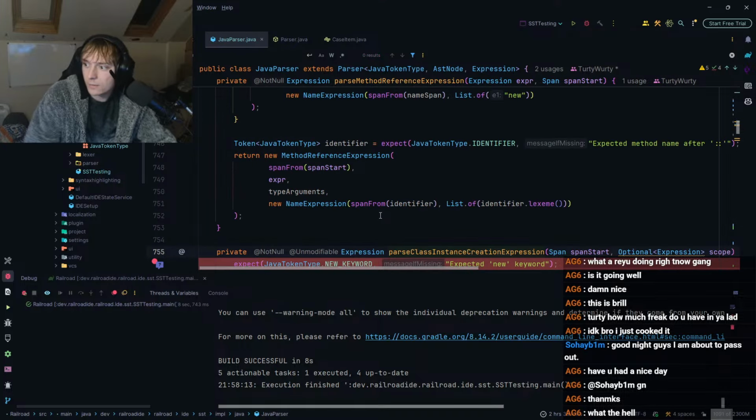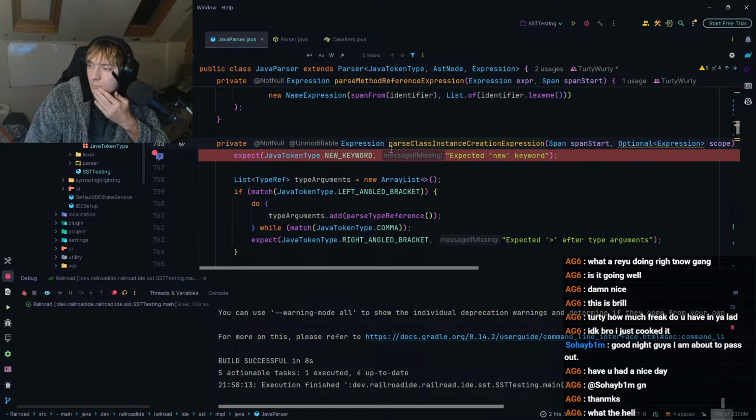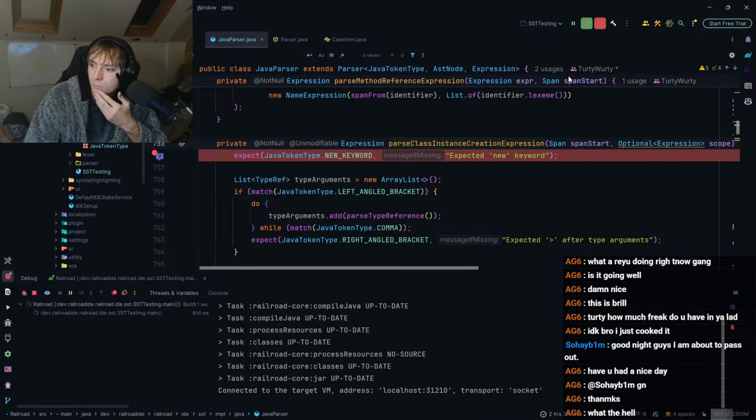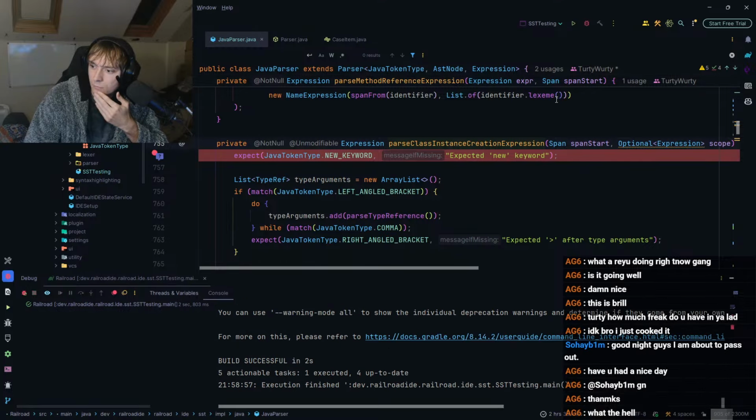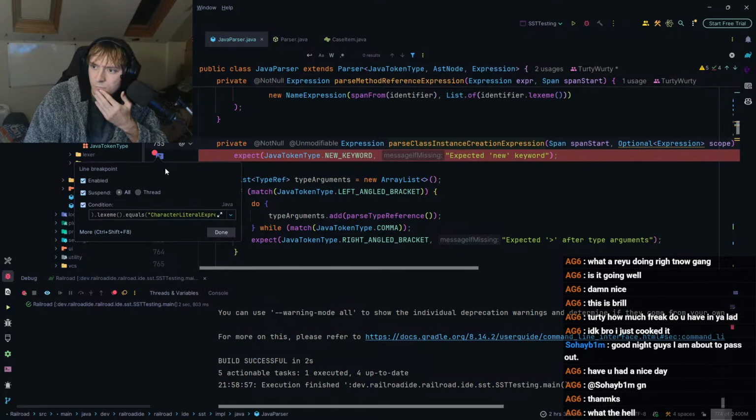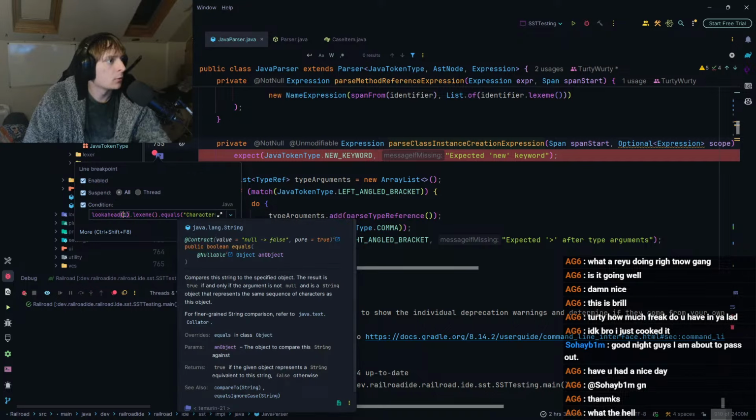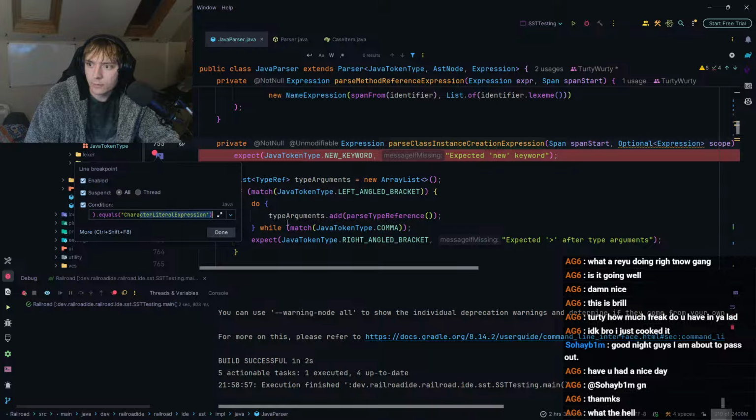No, where is it? Yeah, this. Class instance creation expression. How is that not being hit? What? Look ahead 1 dot lexeme that equals character literal expression.